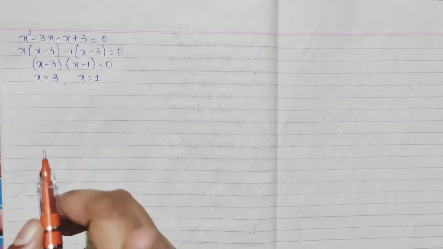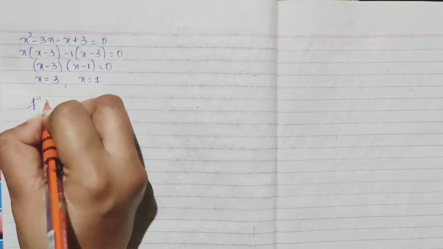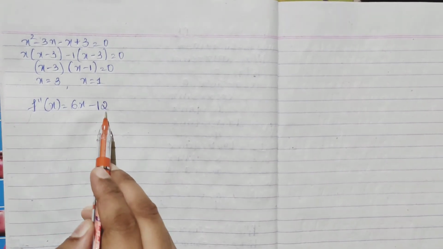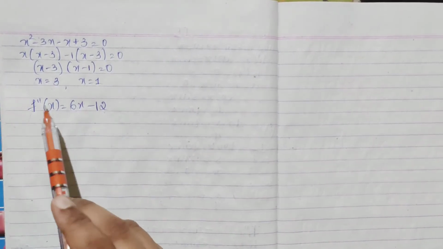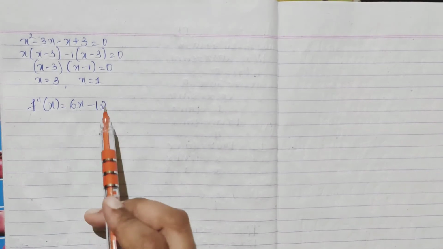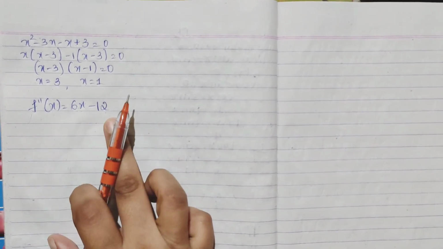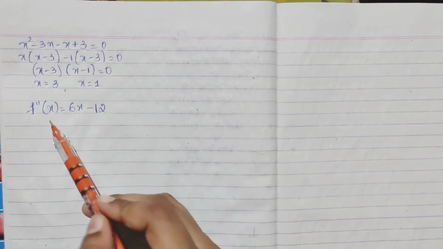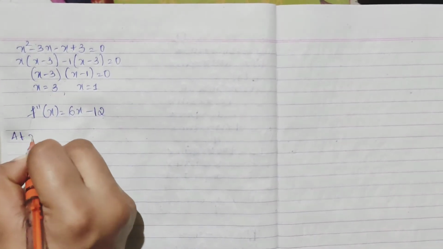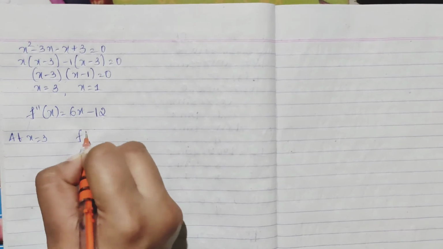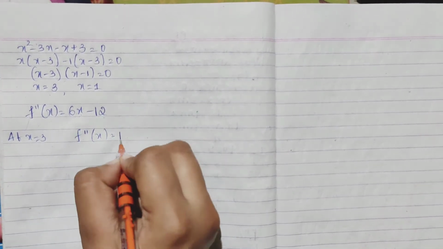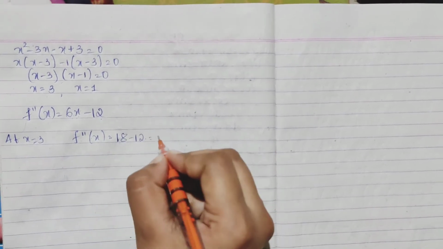Coming to here, you have to not stop. Why? You have to find again your f double dash of x. So f double dash of x, you will get 6x minus 12, for your f dash of x, you have to differentiate again. See, after coming here, we are not getting whether it is maximum or minimum. So you have to check at those points, right? So at x is equal to 3, what will f double dash of x be? 6, put here 3, so 6 threes are 18. 18 minus 12, whatever the value, but you are getting it positive.